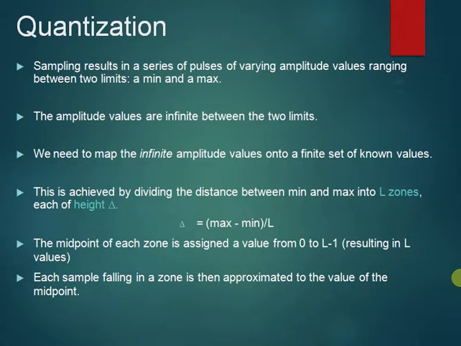The entire range of the signal, which is Vmax to Vminimum, is divided into L number of levels as shown here. If you divide the total possible voltage into a fixed number of sets, we get the width of each level as delta, as shown here. The delta is Vmax minus Vminimum divided by the number of levels L.